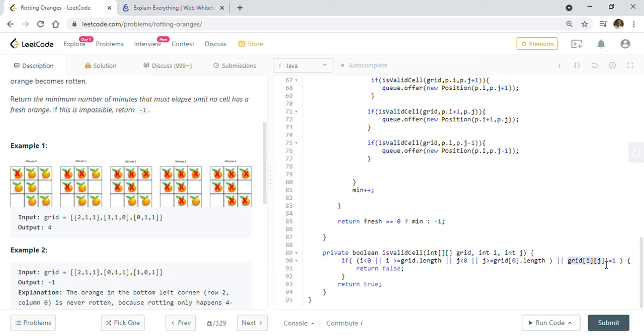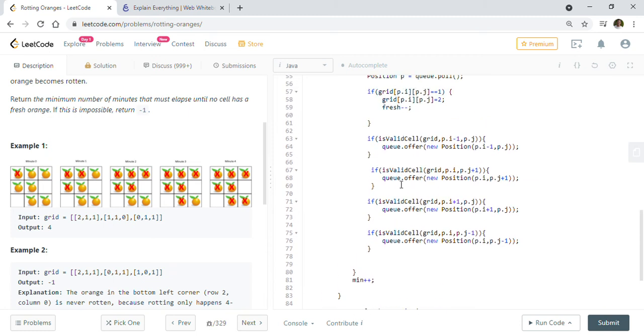That's why we have to check if grid[i][j] is not equal to 1. If this condition happens, then it will just say false, it's not a valid cell. So we will not add that orange into the queue for processing. Otherwise we will keep adding the oranges into the queue for processing.